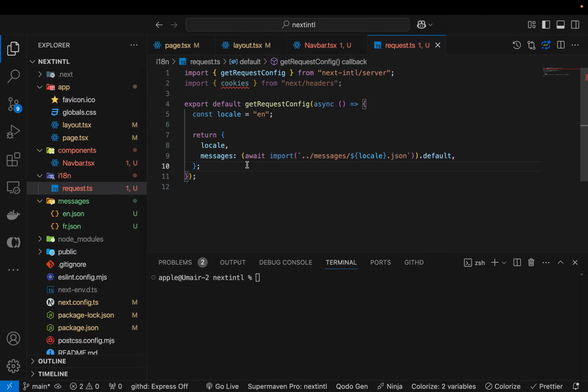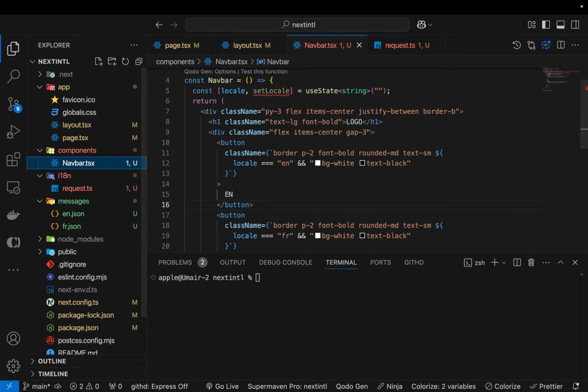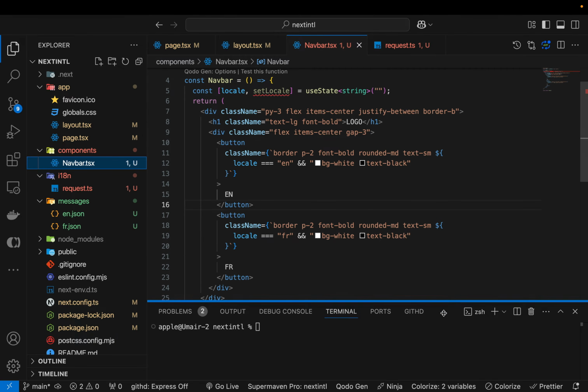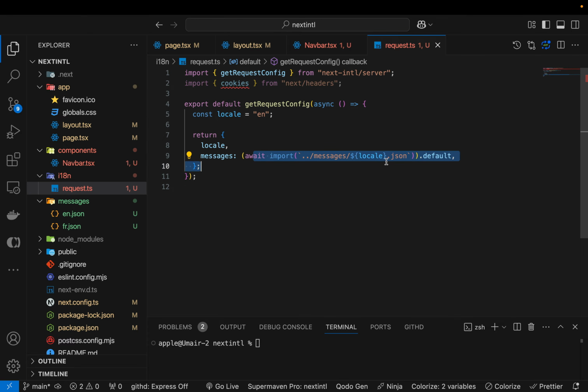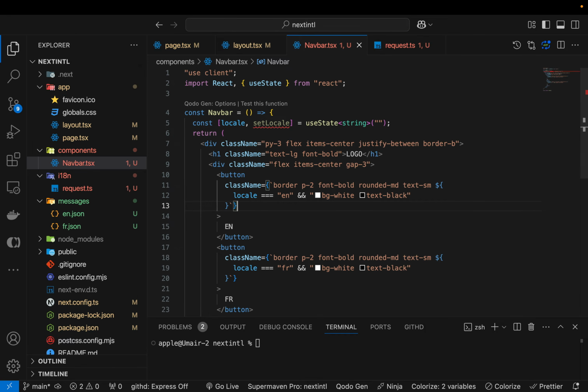Okay, so now inside the navbar we have to do most of the work, because this contains changing the user preferences by clicking on this button. And here in this particular navbar, I'm going to actually detect the browser language and set the default language in this particular state, whether it's en or fr. And also I need to update the cookies as well, so that it gets updated over here automatically. All right, so in this particular navbar,